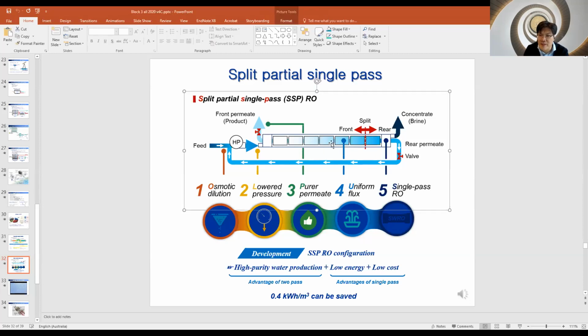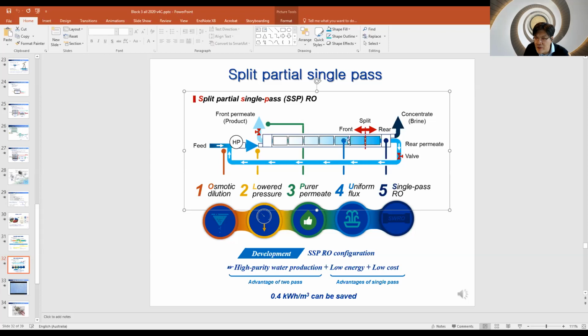And what happens is that you have a very high concentration of salt at the end of your element. That's one of the reasons we need to use a second pass or second stage. So what happens is that people try to completely block. So we just say split